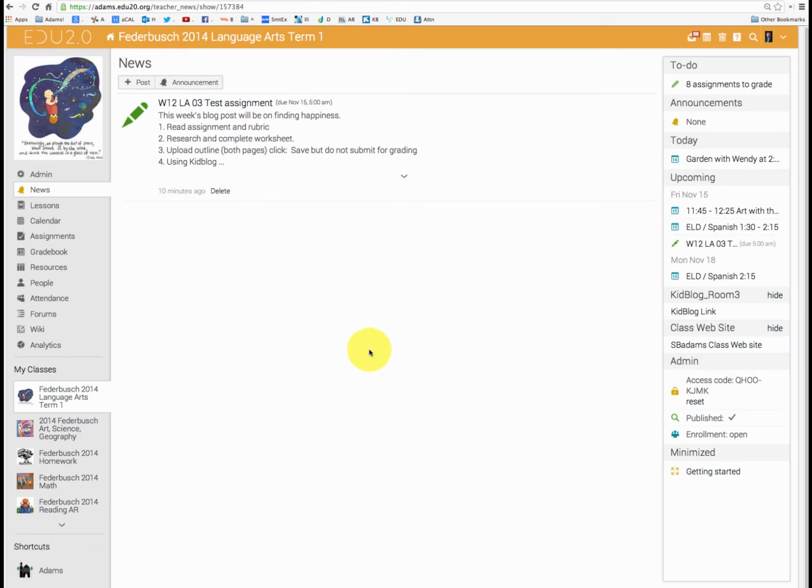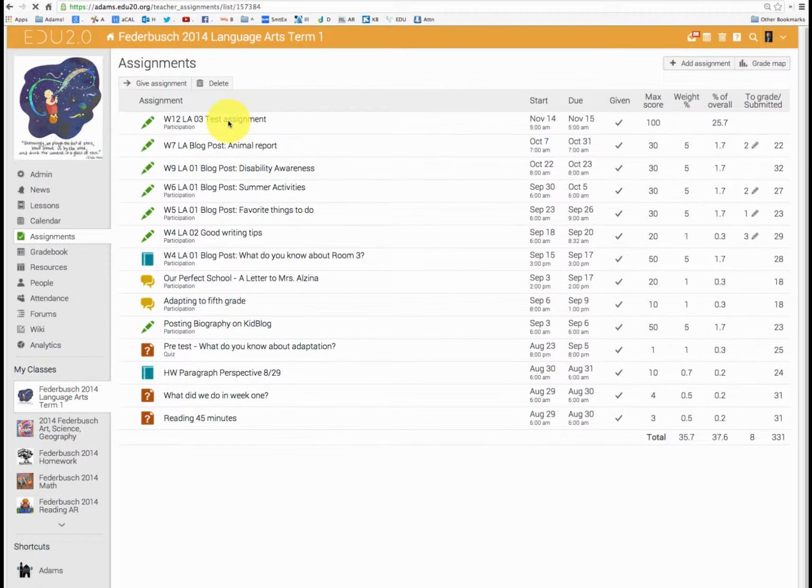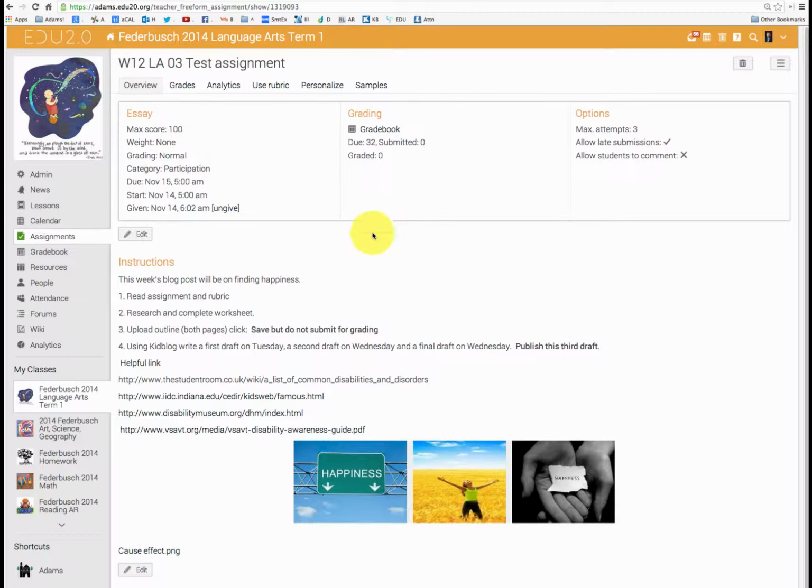I've made my assignment. I'm feeling pretty good about myself. If I go into that assignment and look at it, I see that I've given clear instructions about what I want, and I've attached a fancy picture and some links for some documents they might need. But I'm realizing, oh, you know what? I really need to assign a rubric to this because I want the students to understand clearly how I want that assignment to be returned to me, what my expectations are. So to be clear about that, I'm going to make a rubric and attach it to this assignment.